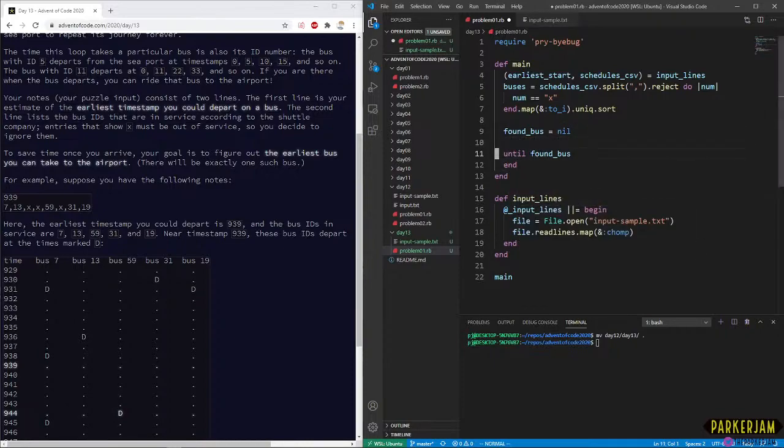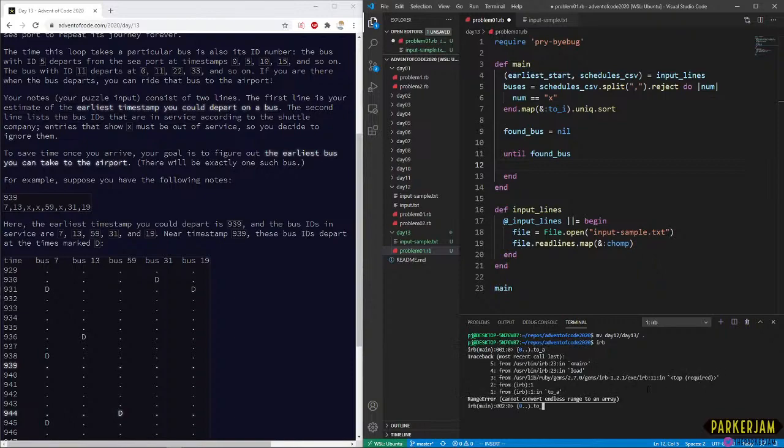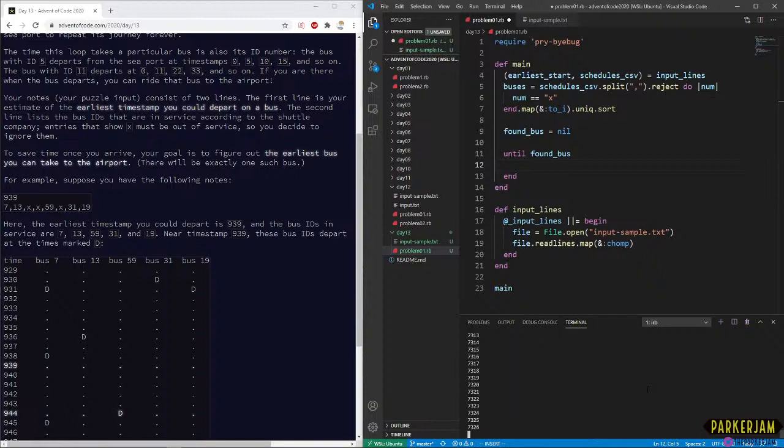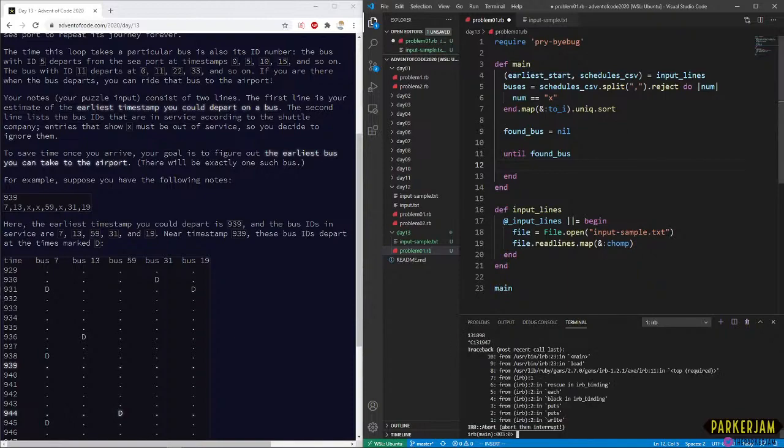So we're just going to loop through until we find a bus. Oh wait, we can actually just iterate infinitely. That might actually be a nicer way to do this. Let me see if I remember the syntax for this. Okay, so that just goes infinitely. So we can just use an infinite range here because we actually need the index here.